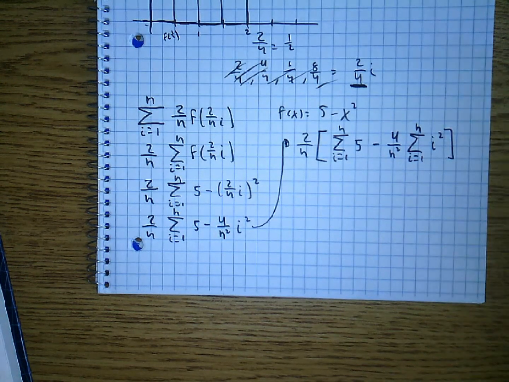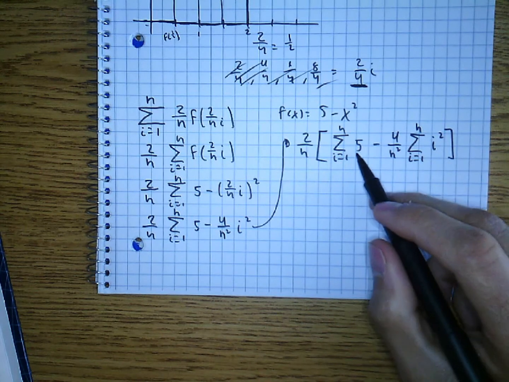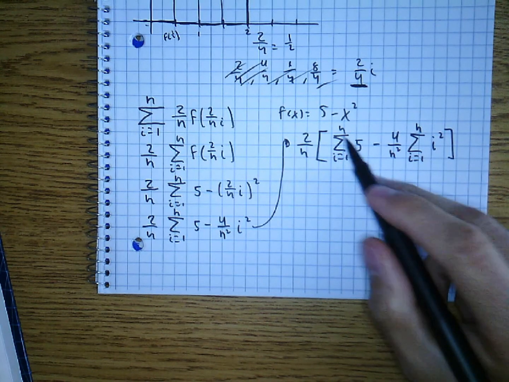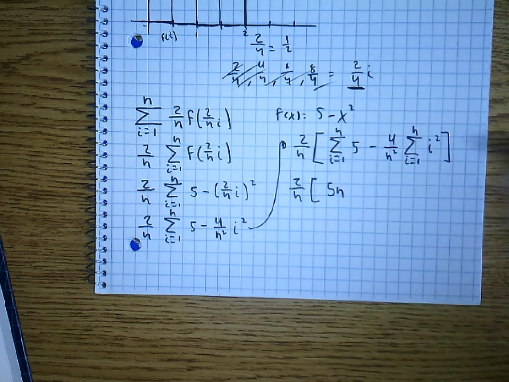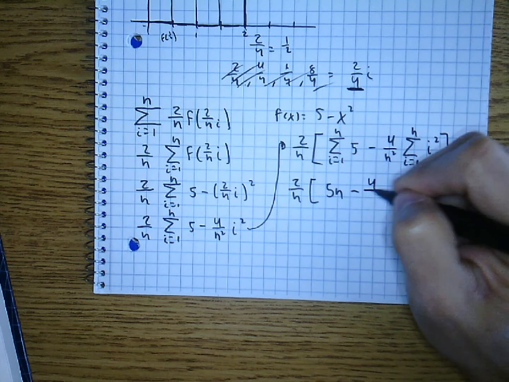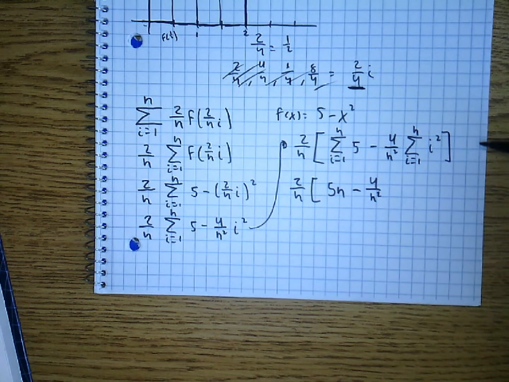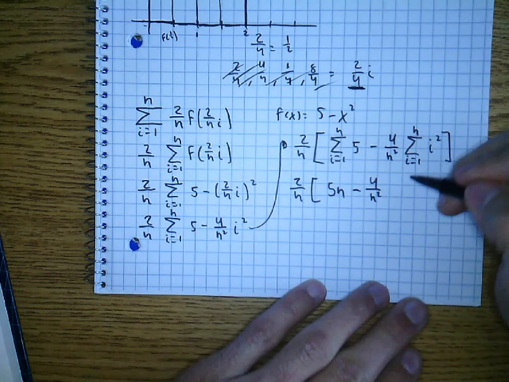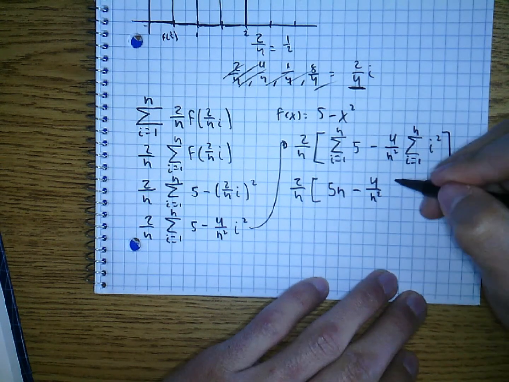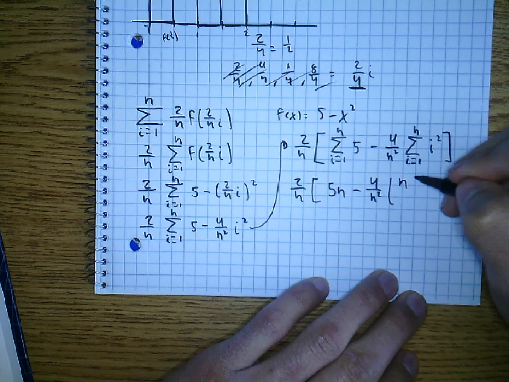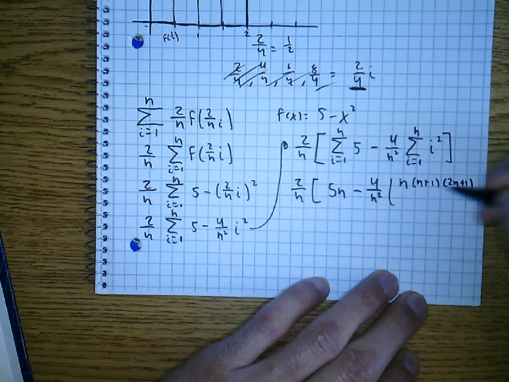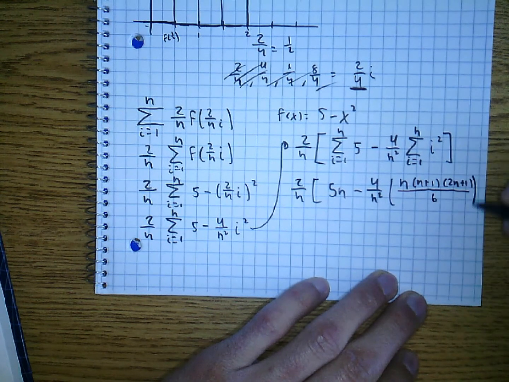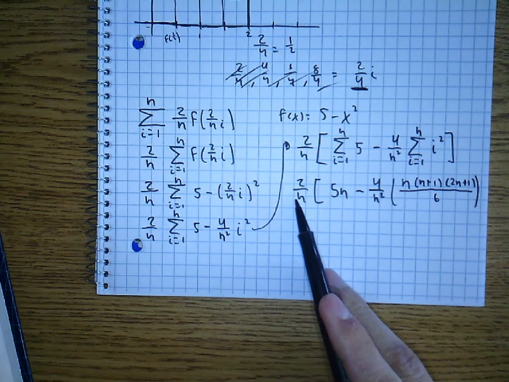Okay, so now it's time to go to our summation formulas. We have a summation formula for a constant, and remember the constant is simply the constant times n. So this very first summation gets replaced with 5 times n. Now I have this 4/n squared on this side, and I have an i squared. And the summation of i squared will get replaced by the summation formula: in parentheses, n times n plus 1 times 2n plus 1, all divided by 6. So I have successfully